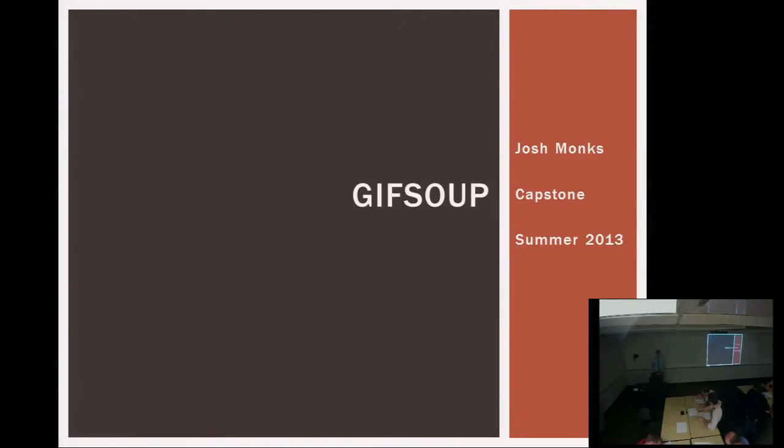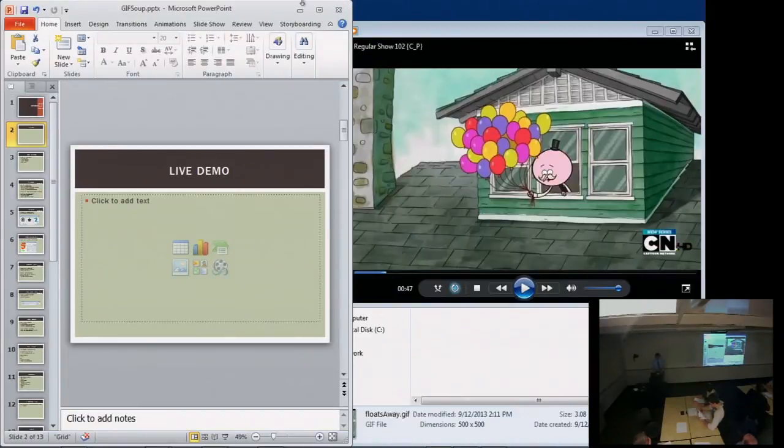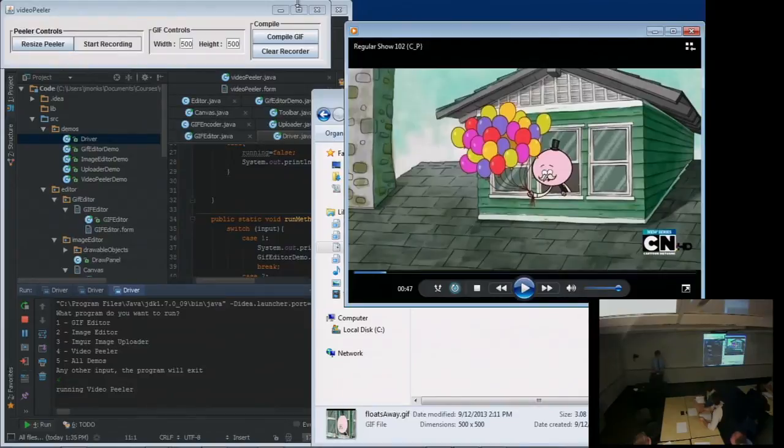My name is Josh Monks, and I'm here to talk about the Capstone project that I've been working on for the last 10 weeks. It's called GIF Soup. And before we get a little too deep into the technical, I want to show off a live demo of what it can do. For this, I'm just showing off the video peeler, which exists as this little